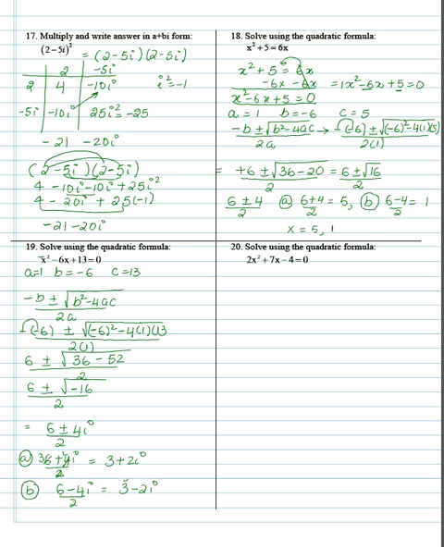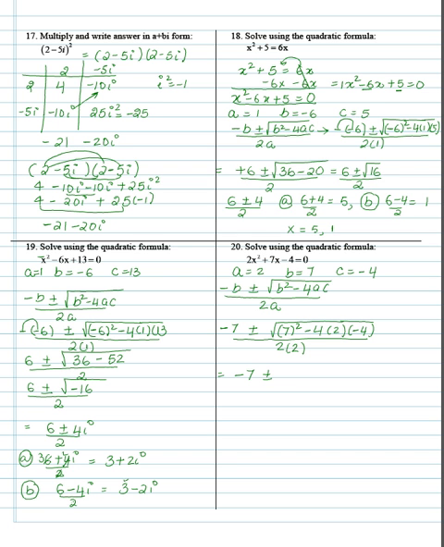Solve using quadratic formula. A is 2, B is 7, C is negative 4. Negative b plus or minus the square root of b squared minus 4ac, over 2a. So that's negative 7 plus or minus the square root of 7 squared minus 4 times a times c, over 2 times 2. So that is going to be negative 7 plus or minus